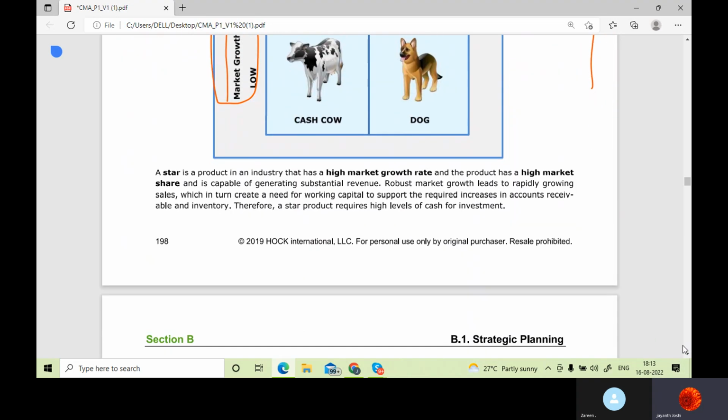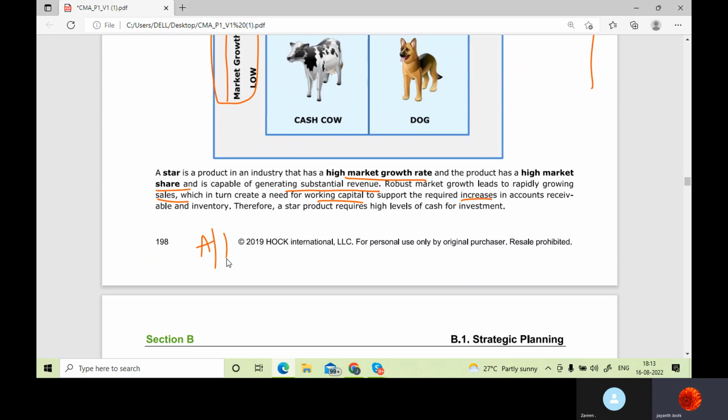So we can see the points. Star is a product in an industry that has a high market growth rate, and the product has a high market share and is capable of generating substantial revenue. Robust market growth leads to rapidly growing sales. Of course, as I said, the more you produce and the more you sell, in turn creates a need for working capital. Of course, that is cash usage I'm speaking about, to support the required increases